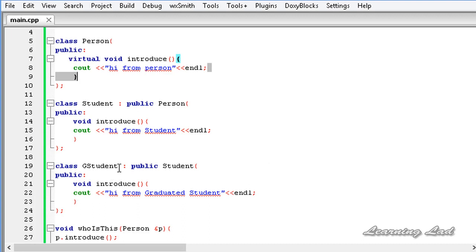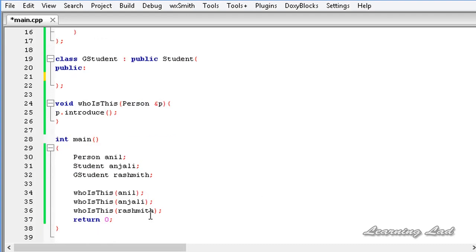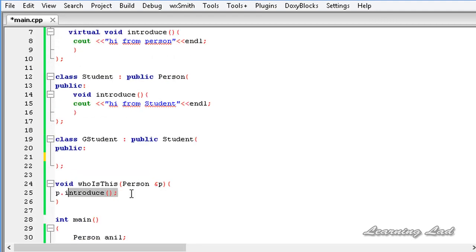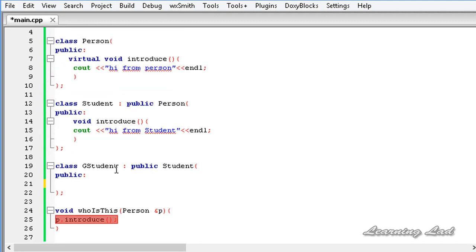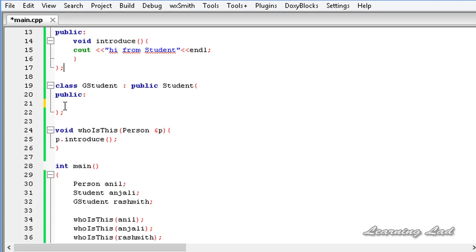So here, let's say this graduated student class is not going to override this introduce method, so I'm going to delete this. Now when we pass an object of this graduated student and call this introduce method, since that method is not present in the derived class, the method of the base class is called, and the base class of this graduated student is student, and that's why it prints hi from student. So just to demonstrate that, I have removed the introduce method in the G student, and I'm going to save this,